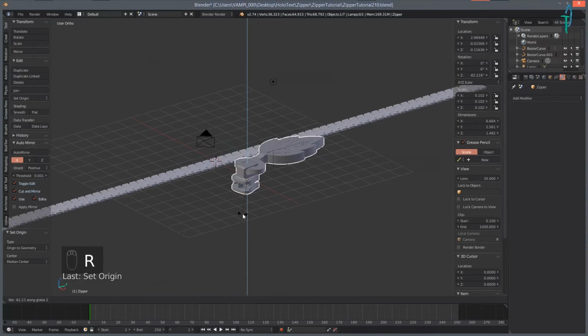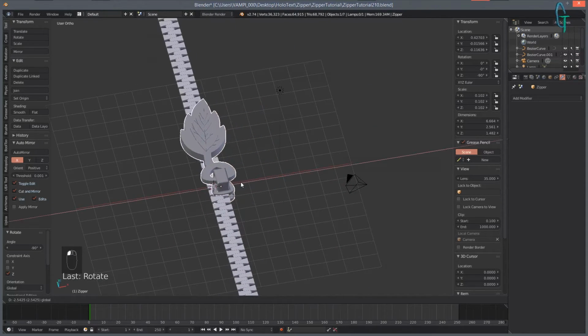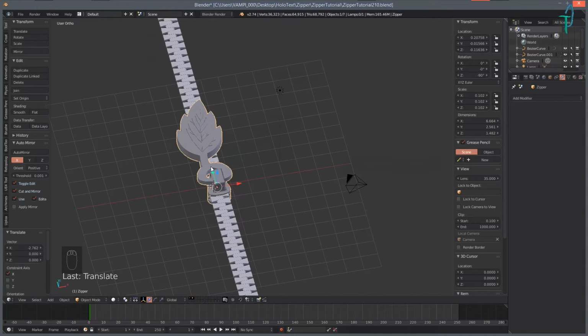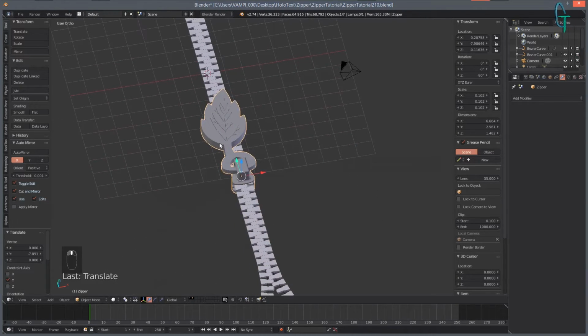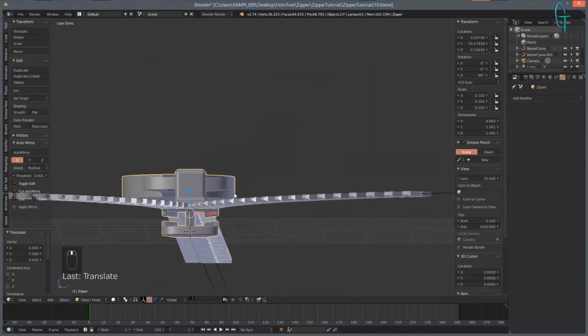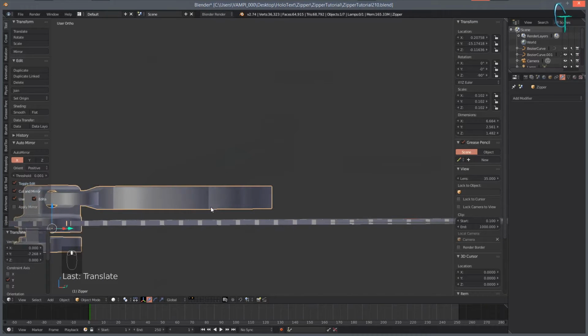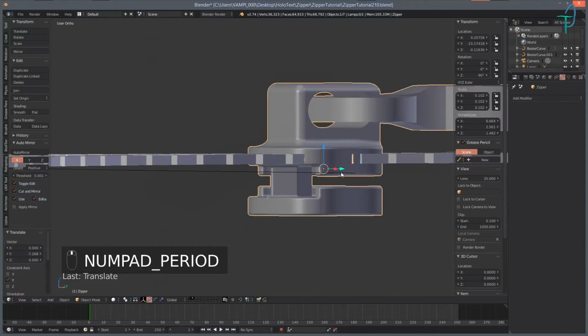to press R, Z, and we are going to rotate this by -90, just like that, and we're going to pull this in on our zipper here, and let's just go ahead and pull this in to where we think that it should be when it's going to open up. Let's press the period on our number keypad,